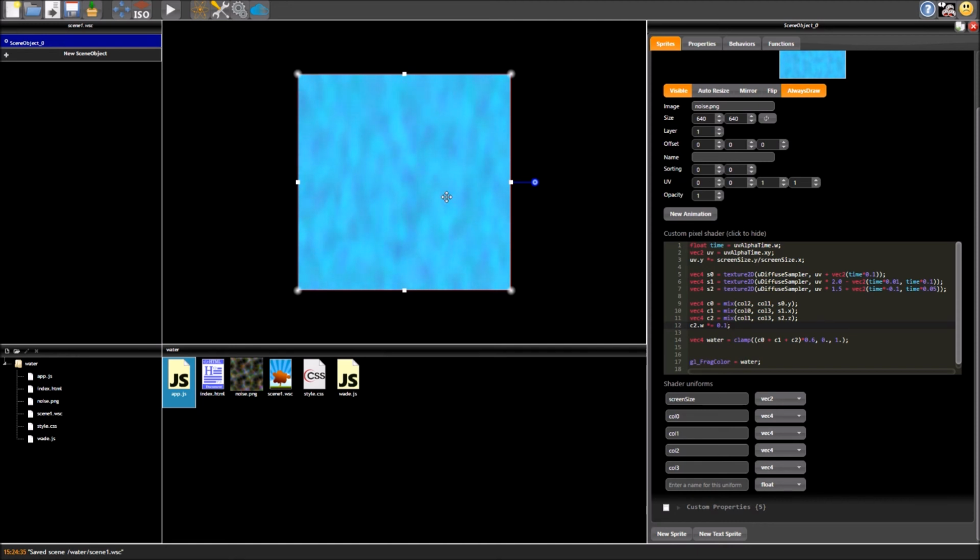But I want this to be more... I'm going to say, like, the water's going to be still. There's not going to be very much movement. I just want a very small amount. So all we do is decrease our values for the movement. That's quite good. I like that.